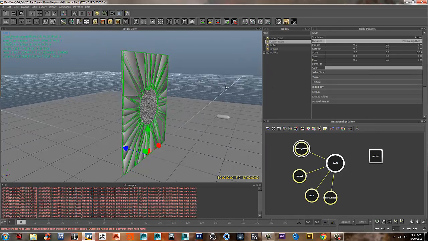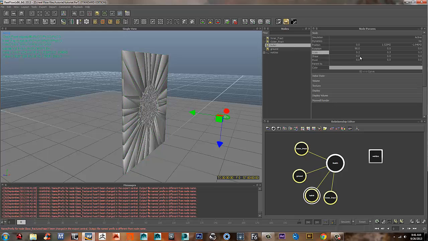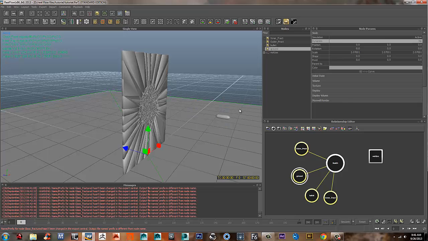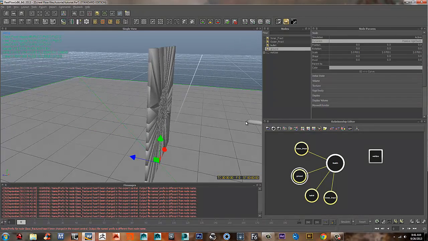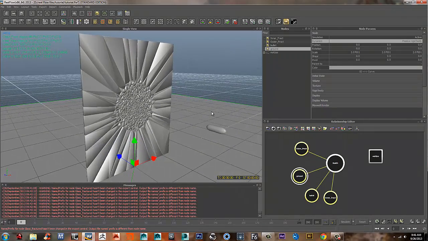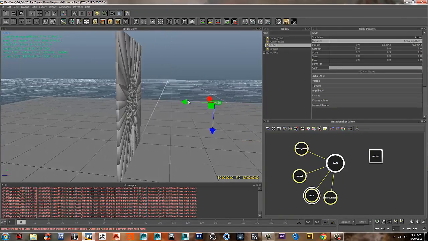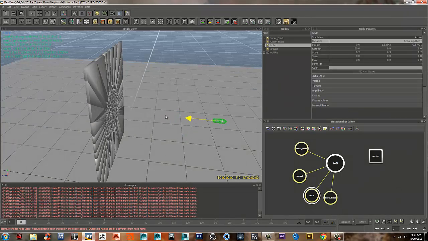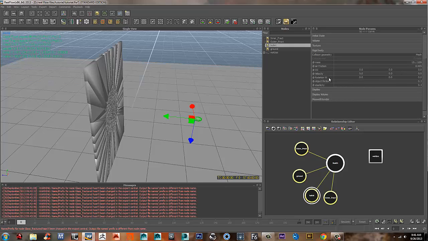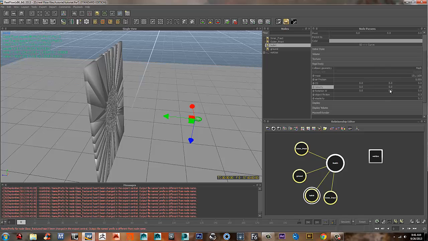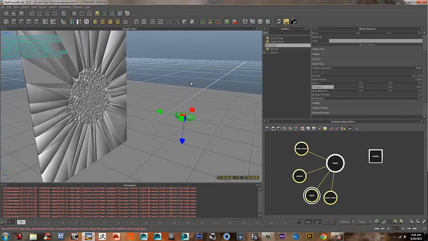Okay, and we get the bullet object here. I'm going to change it to active rigid body, and the ground I'm going to change to passive rigid body. Now, I need to give this some velocity. It's in the Z, so I'm going to go to the rigid body and give it a velocity of 20. So if you click simulate right now,